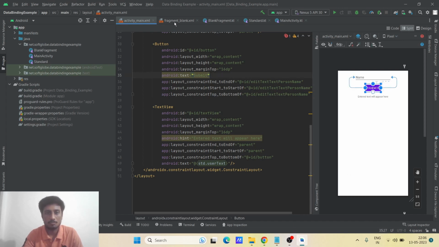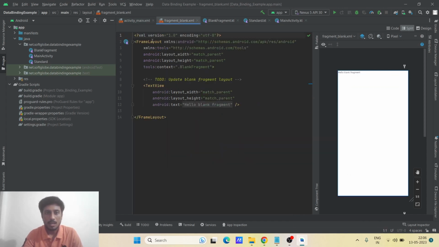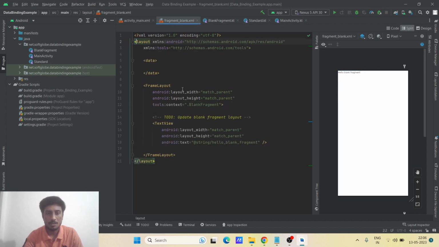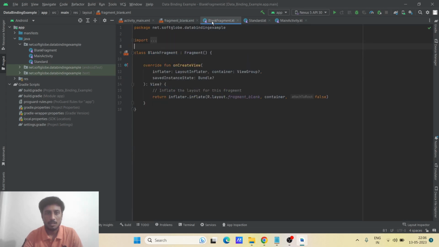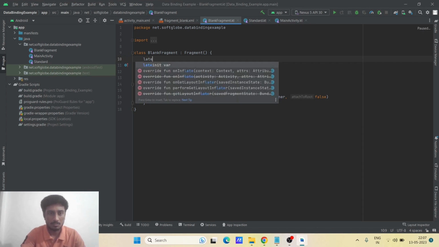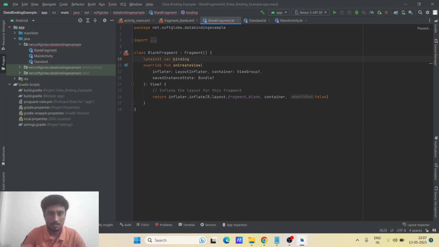So I have created a blank fragment here, and the same as we have seen in the activity, we just click Alt plus Enter here and convert the layout to a data binding layout, so that in the background the binding file for this fragment blank will be generated, and then we can simply refer here with a variable of type